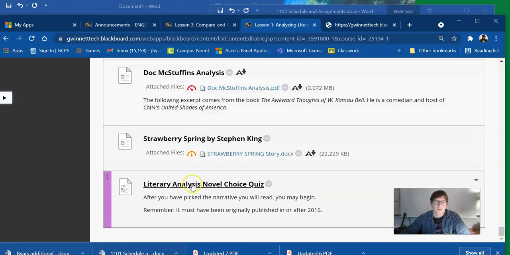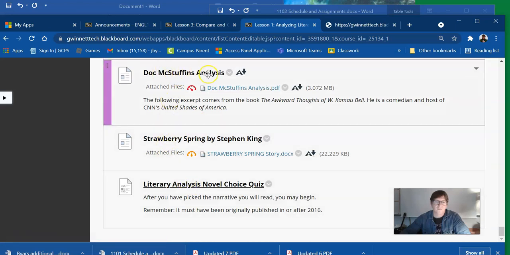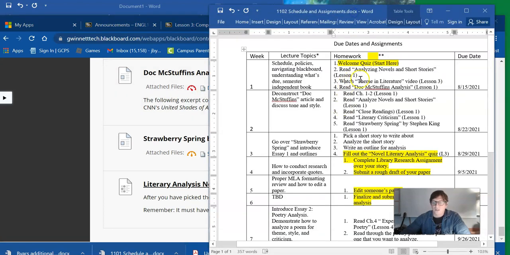And we're reading Doc McStuffin's analysis. Boom, right there. Okay? So there's a lot of different things you're doing and you're navigating, so you just follow what's here. Okay? Follow what is here. Okay. So that's really about all you got to worry about doing right now. Okay, follow here and do this stuff here.